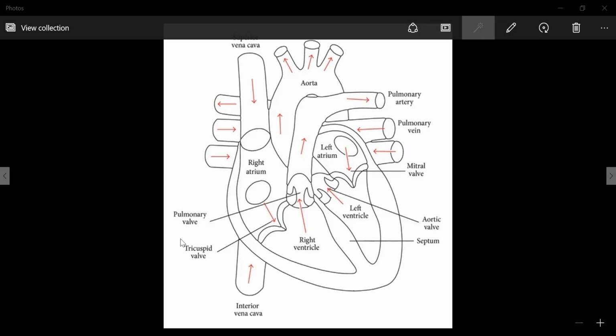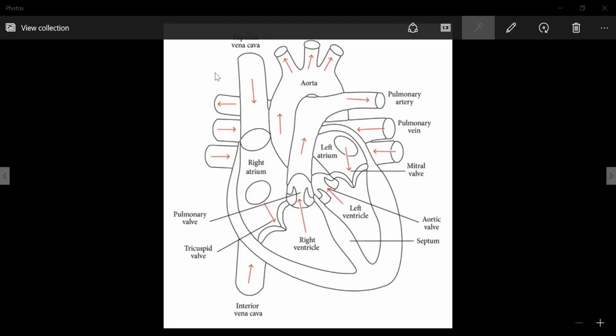Because both oxygen and carbon dioxide have to be transported, the heart has different chambers to prevent the oxygen rich blood from mixing with the blood containing carbon dioxide. The carbon dioxide rich blood has to reach the lungs for carbon dioxide to be removed, and the oxygenated blood from the lungs has to be brought back to the heart. This oxygen rich blood is then pumped to the rest of the body.